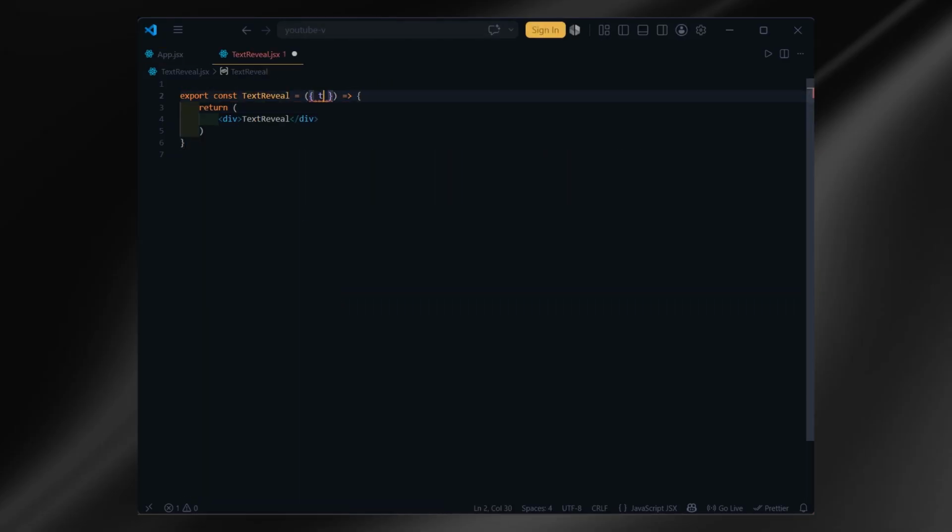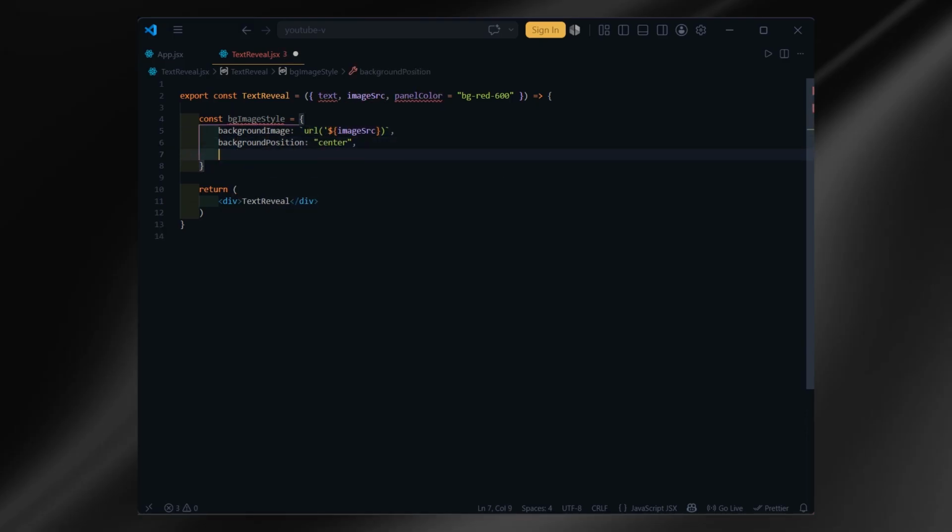Moving into the component, I'm accepting the text, image source, and a panel color as props so each section can have its own content and styling. Then I'm creating a background image style object, which lets us dynamically set the image while keeping it centered and covering the entire section. For the main section, I'm using a full-screen container with a black background and hidden overflow,